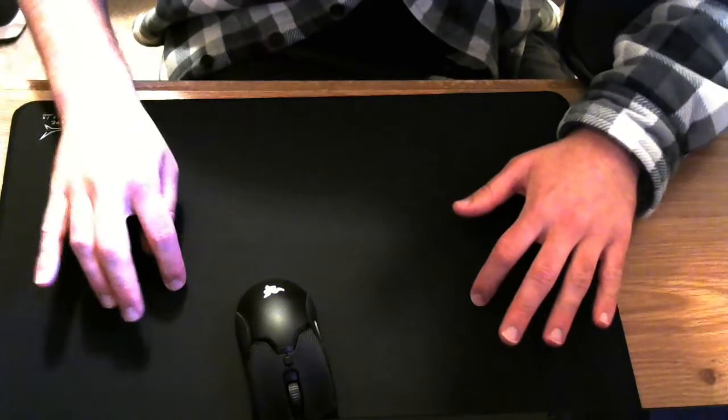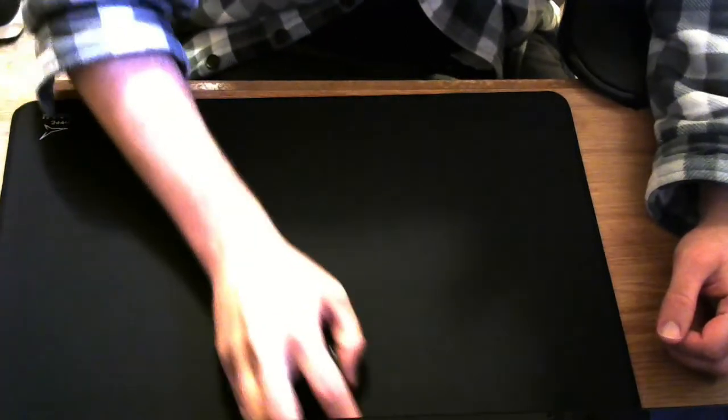So again, it's a tad softer than the Razer. It's not like my hand's sinking into it at all. Feels almost like a normal mouse pad in terms of the softness. Again, this is just the normal soft. I got the largest version that they had, so the size of it is perfect. Maybe it could have been an inch longer, because I'm more of an arm aimer. But anyways,